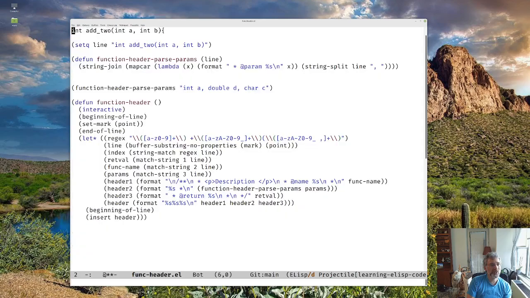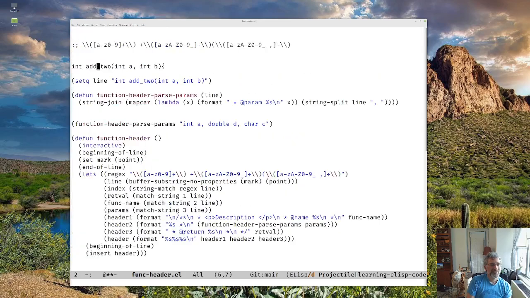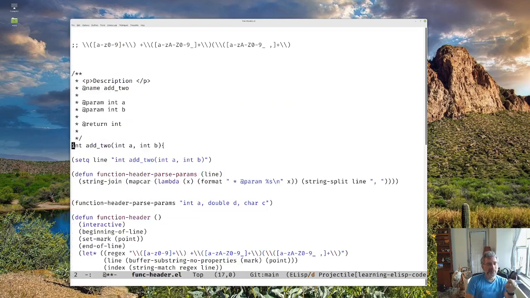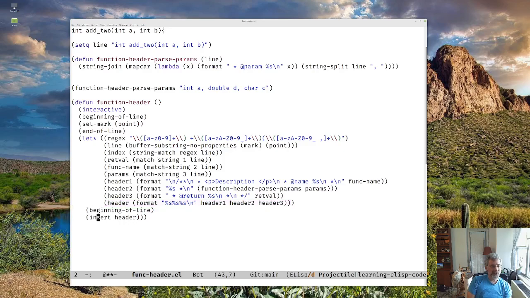One is you'll notice that when I run this, wherever I am, it works, but it's always leaving me back at the beginning of the function. And you're going to have to make a decision. Where do you want this to be? You could reposition the function to the beginning of description, like, oh, I want to edit the description. So what you could do is, after the insert header, you could do something like